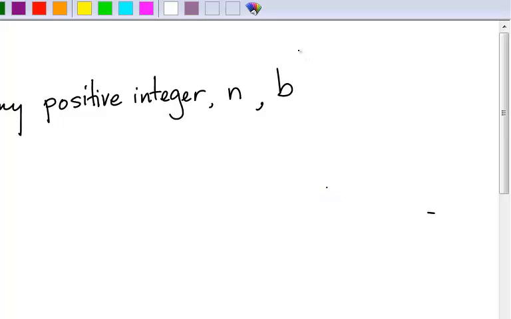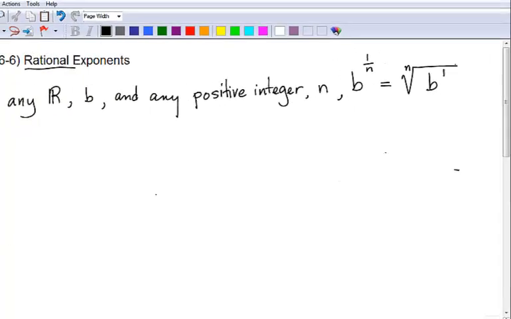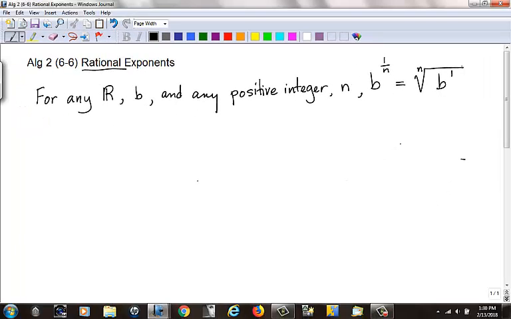And any positive integer n, and be careful with your own handwriting: b to the 1 over n power. That 1 over n is a power. It's b to the 1 over n power equals, sorry, that should be an equal sign, the number in the denominator is the index. So you can write it as the nth root of b, and the numerator can be written on the inside or the outside. So if you have b to the 1 over n power, that denominator is your index. It's the nth root of b,